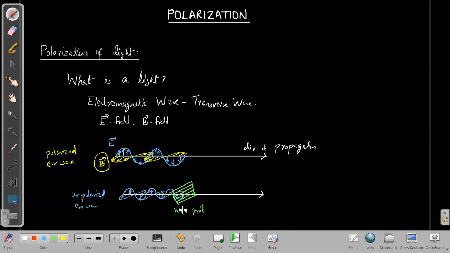This wire grid is placed in the horizontal direction, so it can absorb all electric field parallel to the wire grid. That means it can absorb all parallel electric field components of this electromagnetic wave. അപ്പോൾ വയർ ഗ്രിഡിന് പാരലായിട്ട് വരുന്ന ഏത് ഇലക്ട്രിക് ഫീൽഡും ഈ വയർ ഗ്രിഡിന് അബ്സോർബ് ചെയ്യാൻ പറ്റും. വയർ ഗ്രിഡ് എങ്ങനെയാണ് അബ്സോർബ് ചെയ്യുന്നത്? Because this wire grid contains, if you look at this wire grid,